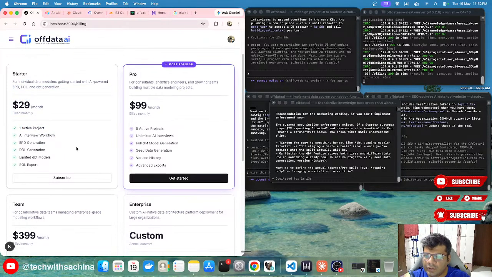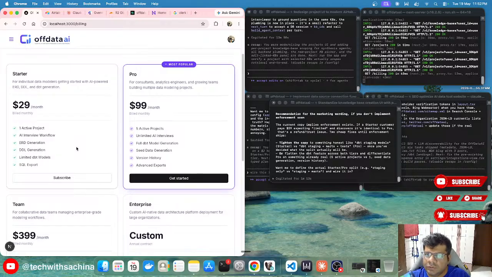Not more than one, and the user should not be able to restart the workflow as well. Okay, so this is the plan I would like to give for free to the first 10 users. That is what I'm planning to do, because we'll have a few customers onboarded where we give it to them for free, let them try out